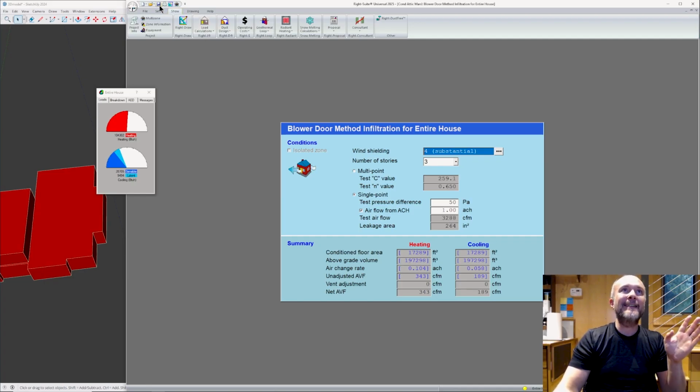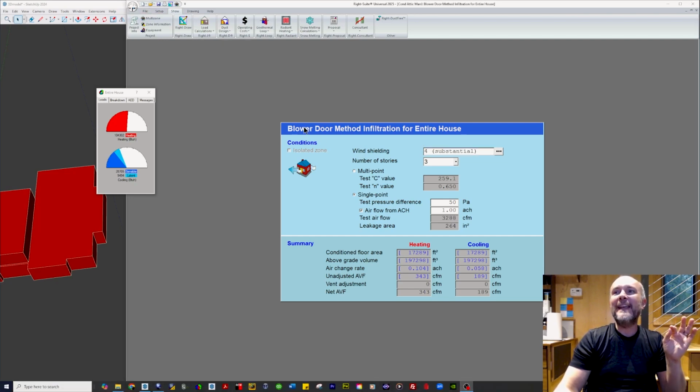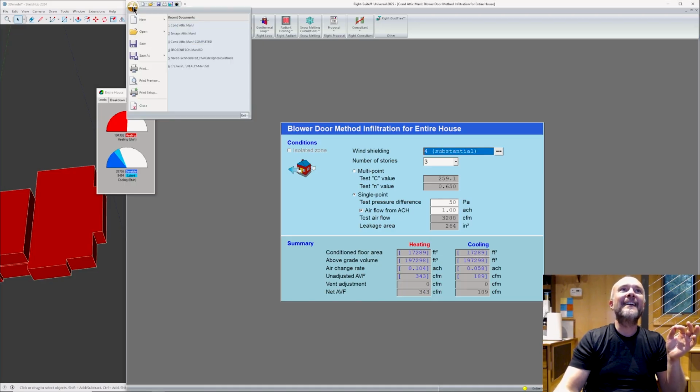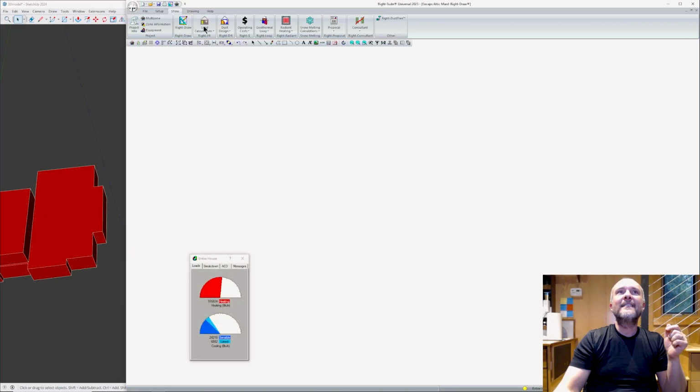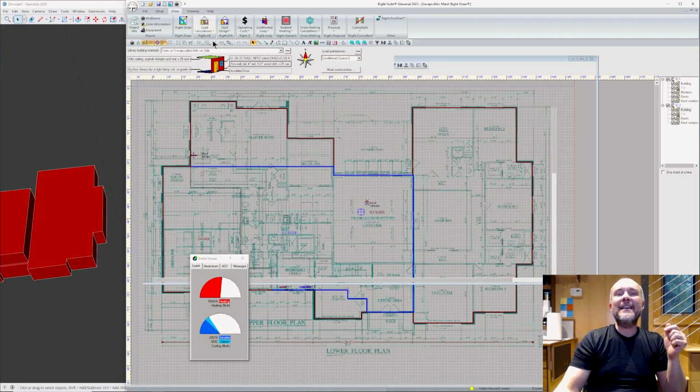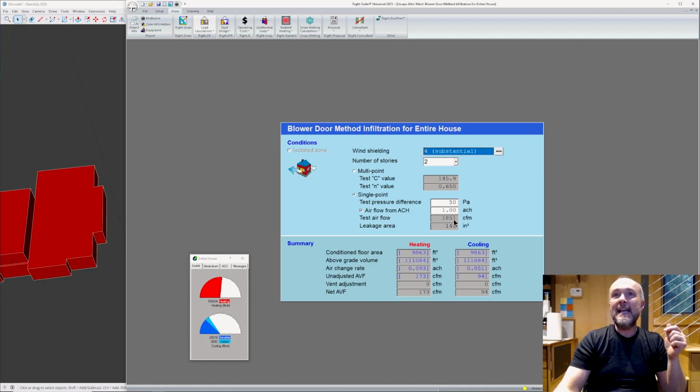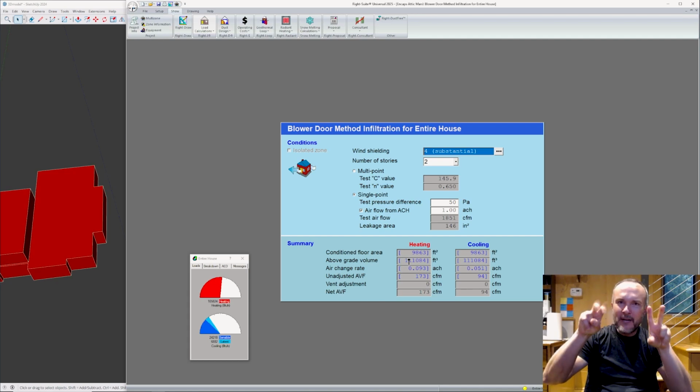Now let's go back. I'm going to save this. We're going to go back here and look at what the encapsulated is doing. So, same page, 1 ACH 50, 1851. And that is because we are using the ACH 50 metric here inside of Wrightsoft, which is how I would normally do it. It thinks with an encapsulated attic that the volume, and I'm making so many quotes here because